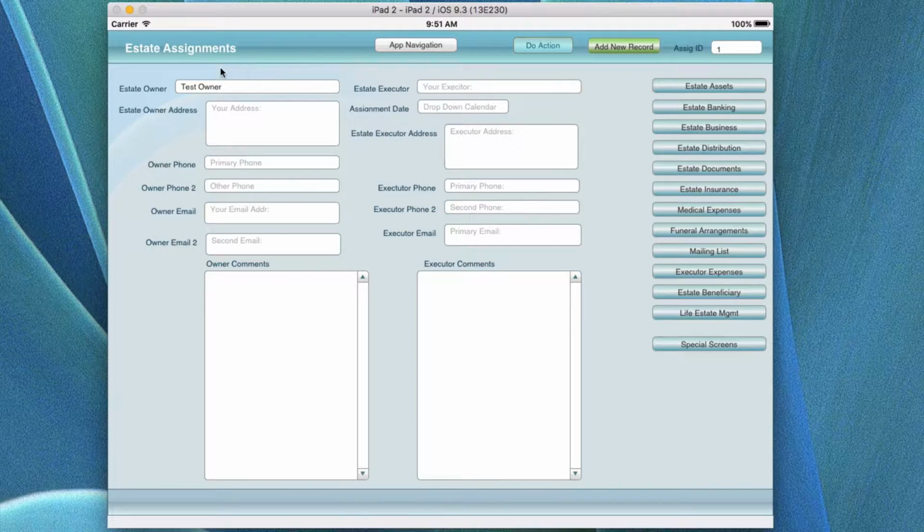So you can have any number of estate owners with their estate information, and each time you click a new record, that gives you another estate owner that you can manage their data for. So in theory, you can have an estate for a family or multiple families or relatives or anybody that you want to create this for. They could add their own estate data in here and you could be the manager, or if you're the executor